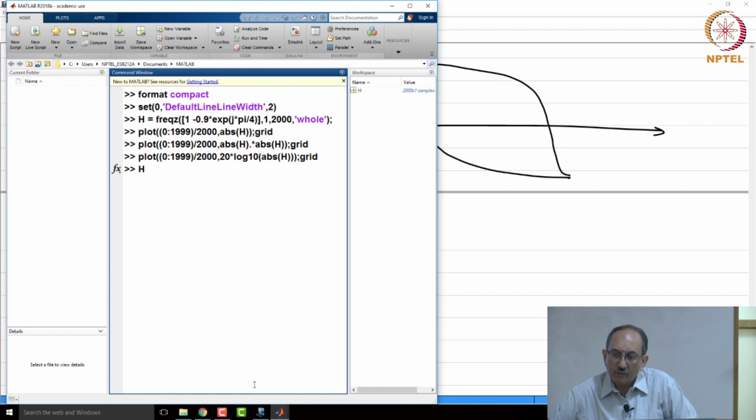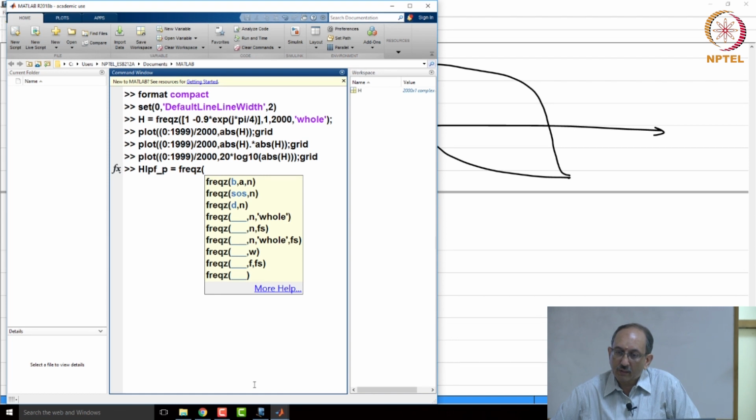So, I have each LPF I want, and this is realized using a pole. So, this is freqz. I have b comma a comma n, and the transfer function is 1 by 1 minus a z inverse. Let me make the numerator 1 minus a. If I make the numerator 1 minus a, then I am normalizing the gain,